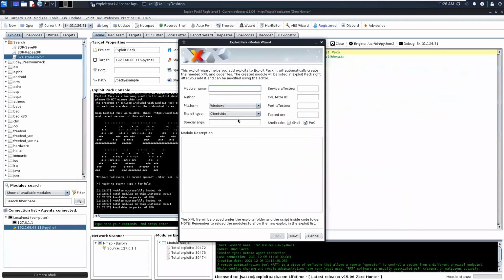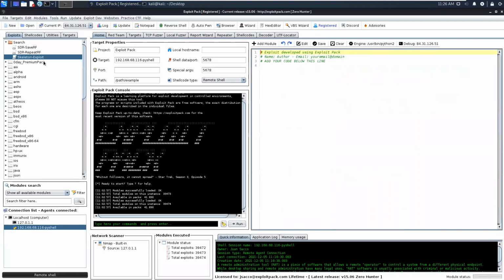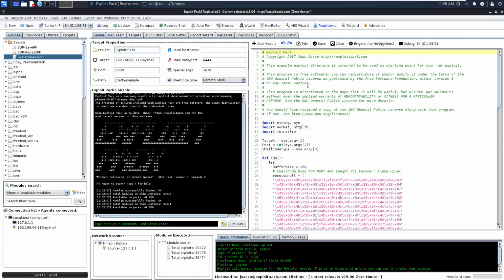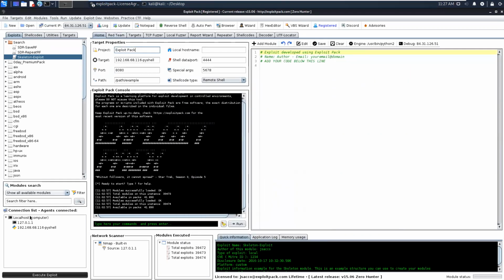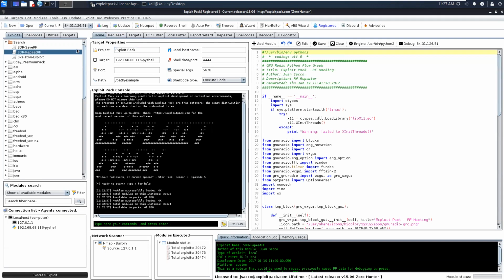Remember to use the module wizard, and if you want to edit any of these exploits that you have, you can click on the edit function. And after you have your exploit ported into Exploit Pack, then of course you